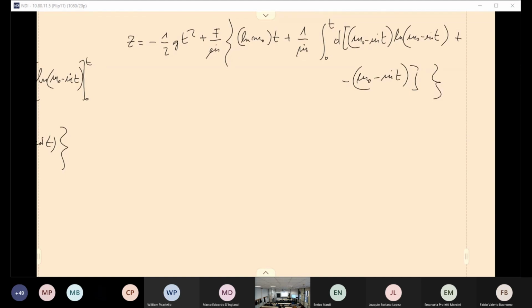What you find, I give you the solution here, is... so if this is the final reactive at the end of burning of the propellant,